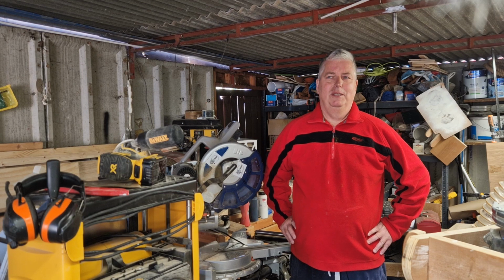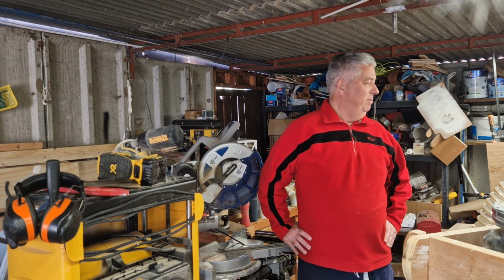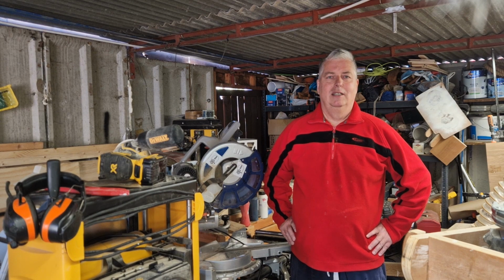It's a lovely summer's day here in North Wales. The sun's shining beautifully just outside the workshop. I'm in my new workshop. As you can see, it's still a mess, a long way to go. There's a series of videos showing how I'm going to transform this overrun, packed, run down garage into a nice